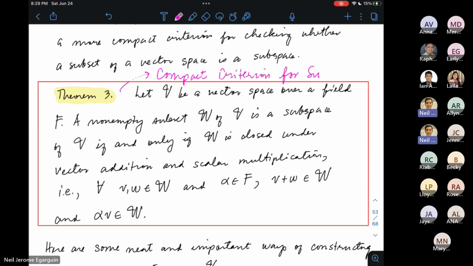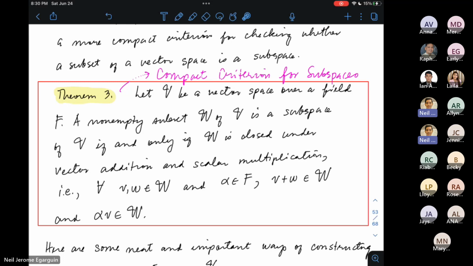For subspaces. So if you want to show that a subset is a subspace of a vector space, hindi nyo na kailangang i-check yung closure plus the 7 properties. All right. All you need to do is to check yung closure under vector addition and scalar multiplication. So yun na lang yung gusto nyo ipakita. So kumuha ka ng dalawang elements si W. Pakita mo na yung V plus W ay na kay W din. At yung alpha V ay na kay W din, then you get yourself a vector space. But sorry, you get yourself a subspace.